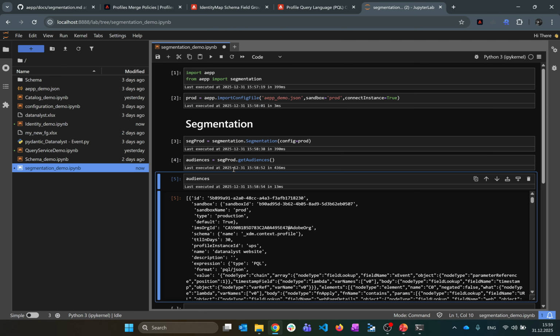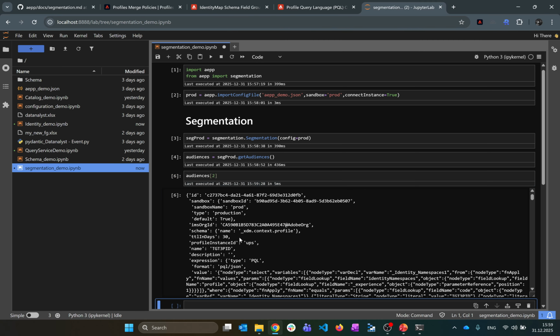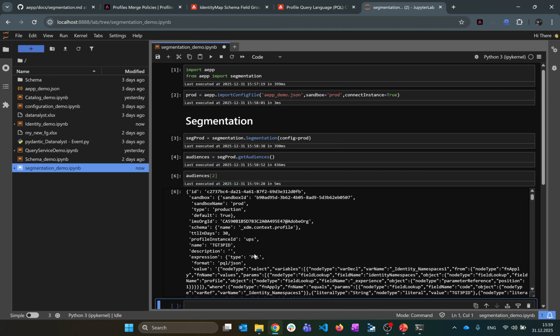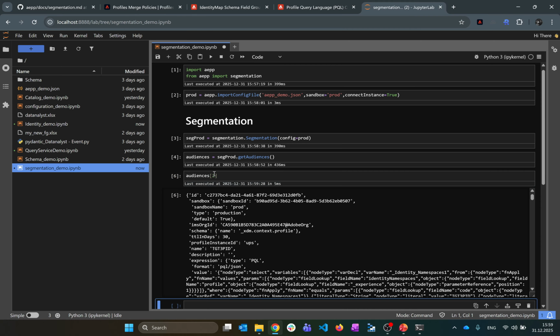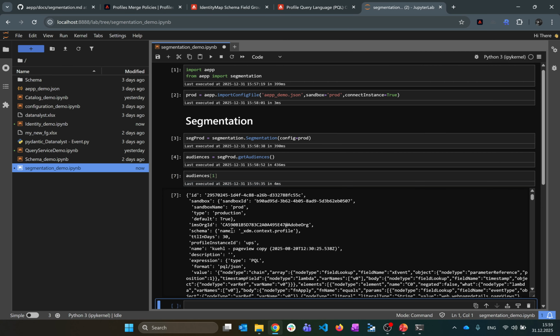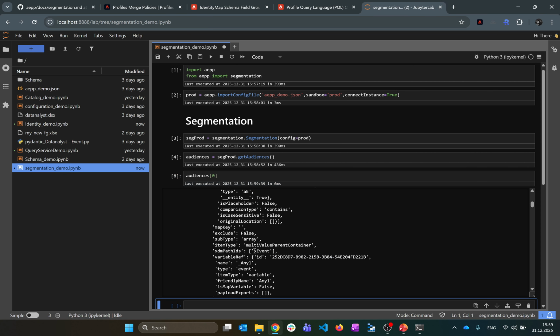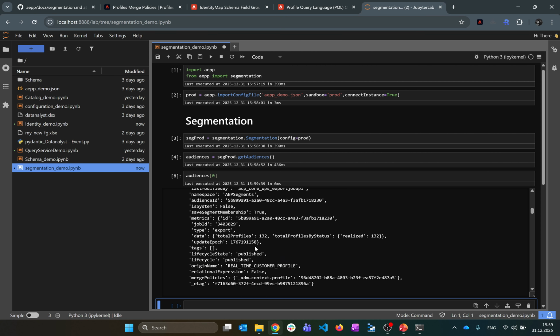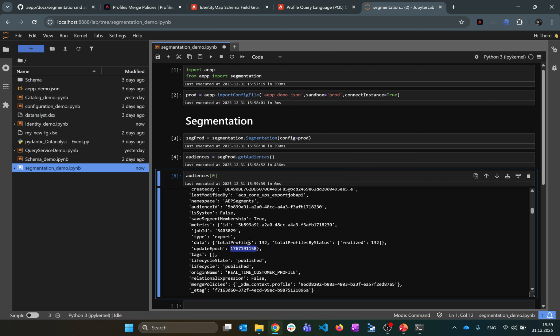Give me a sec. Let's do the second one. I don't know which one it is. History. So let's do this one. Page view copy. I'm trying to find the data analyst website. Yeah, perfect. This one, and then you will see here in the metrics the ID, job ID, the data. You see the total profile, the number of realized. When was this? And this could be interesting for you to build